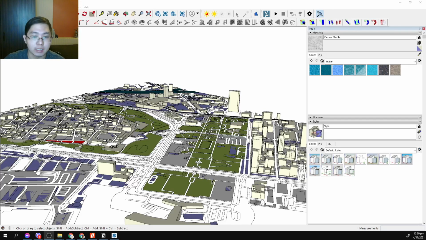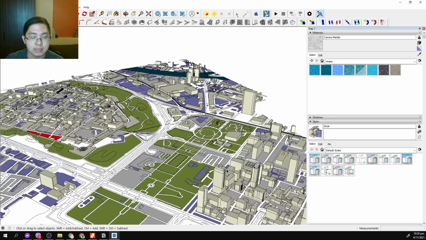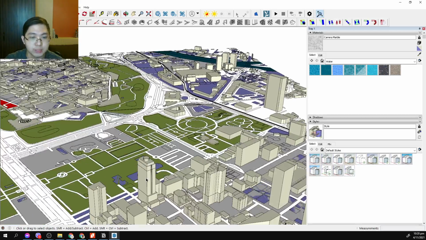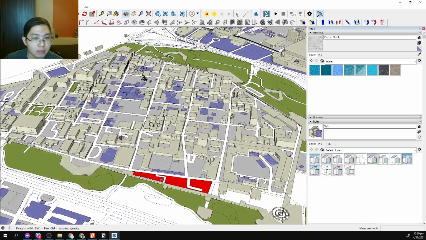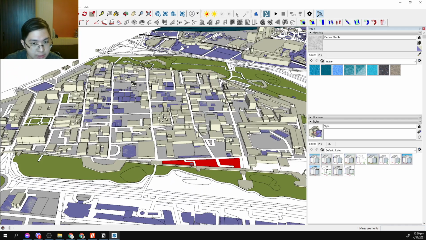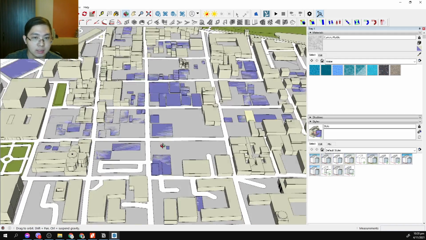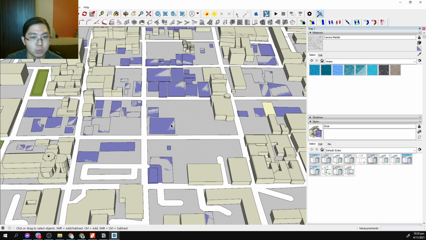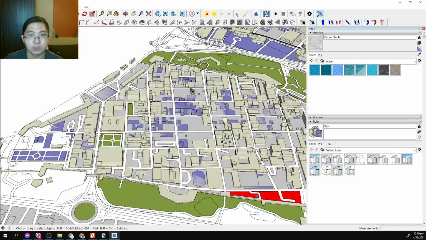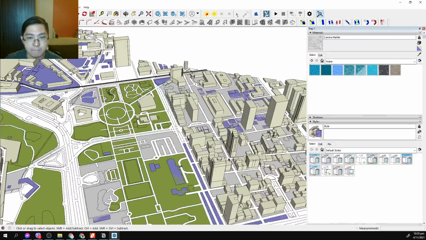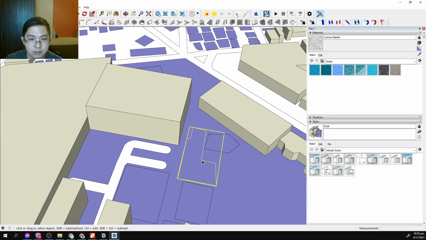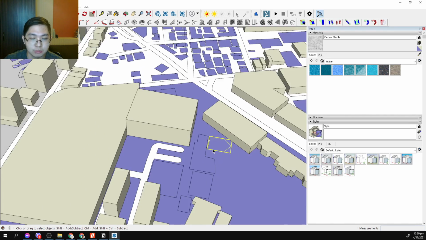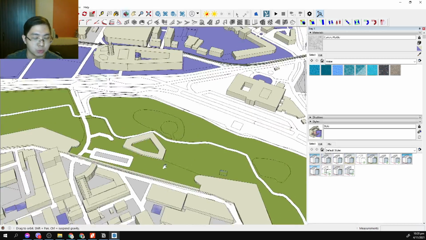So this is the Sketchup file. As you can see, there are already buildings that have been raised. I was able to get the elevation data for quite a few of them. But not every building has elevation data that is readily available. So these little blocks highlighted in blue are the ones that we will need to raise. We will be able to see them all across the map, even over here. Sorry, I'll change this color later, but as you can see, it's already placed into its individual groups for everybody